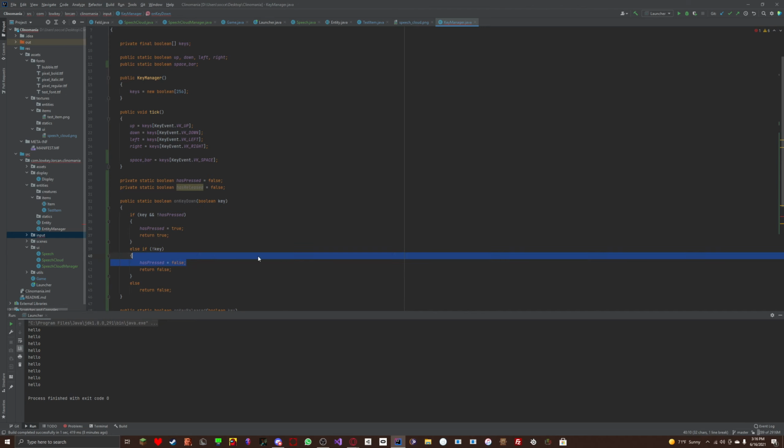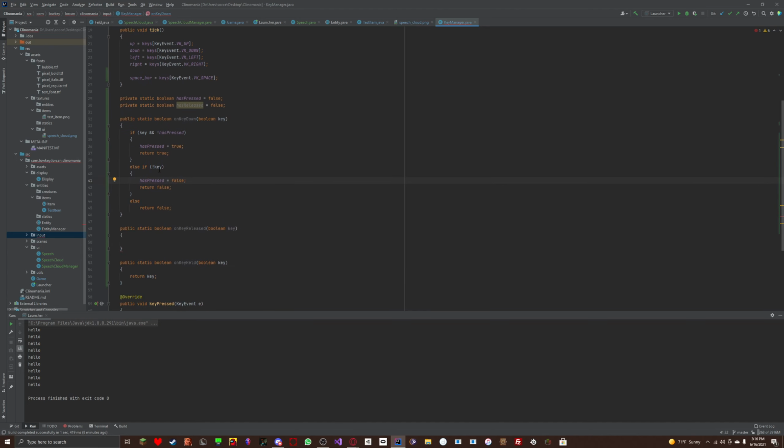Actually, we can say, okay, you know what, let's leave it. Otherwise, if the key hasn't been pressed, then we'll say has pressed to false, and otherwise, if the key has been pressed,